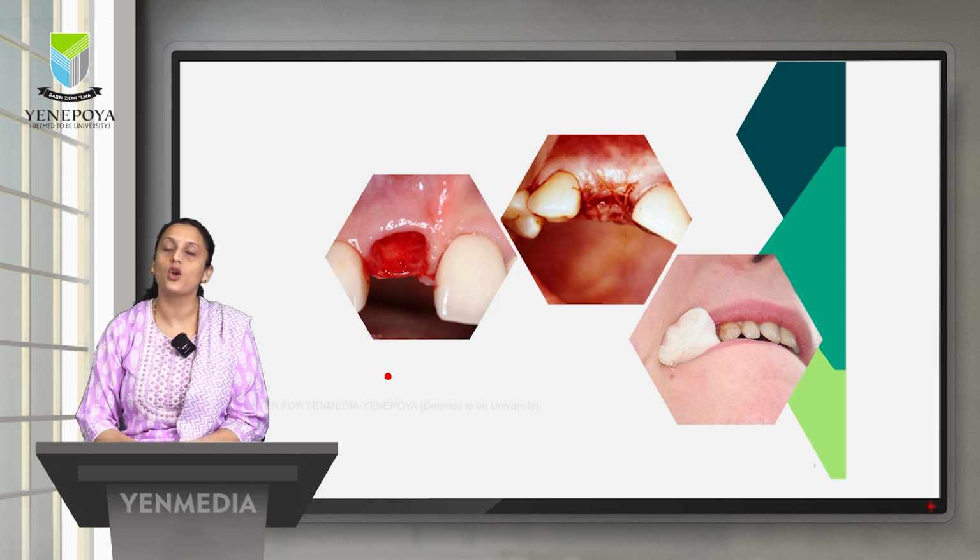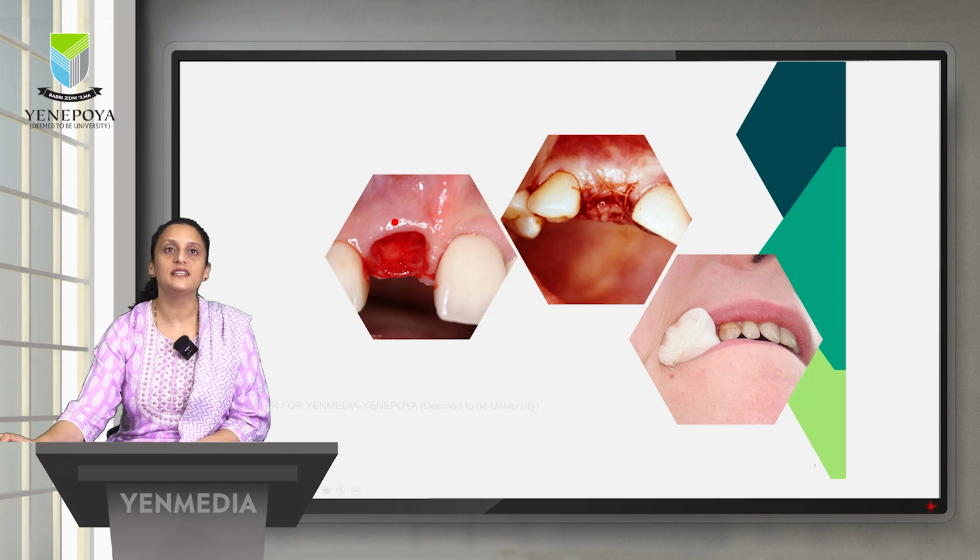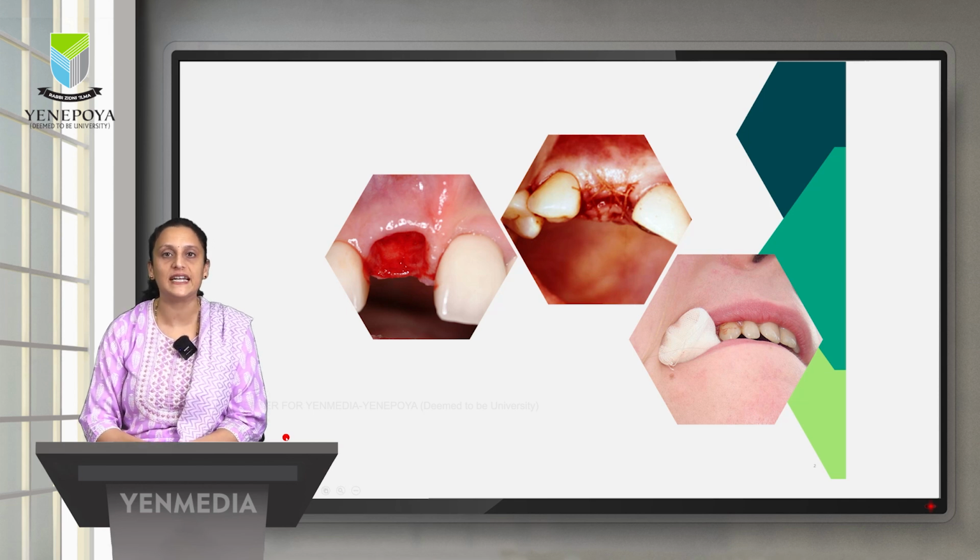Now coming to the process of removal of the tooth. Now if you see here, this is an extraction socket. This is how a normal healthy extraction socket should look. So what happens is when you come to your dentist, you will be seated comfortably on the dental chair and